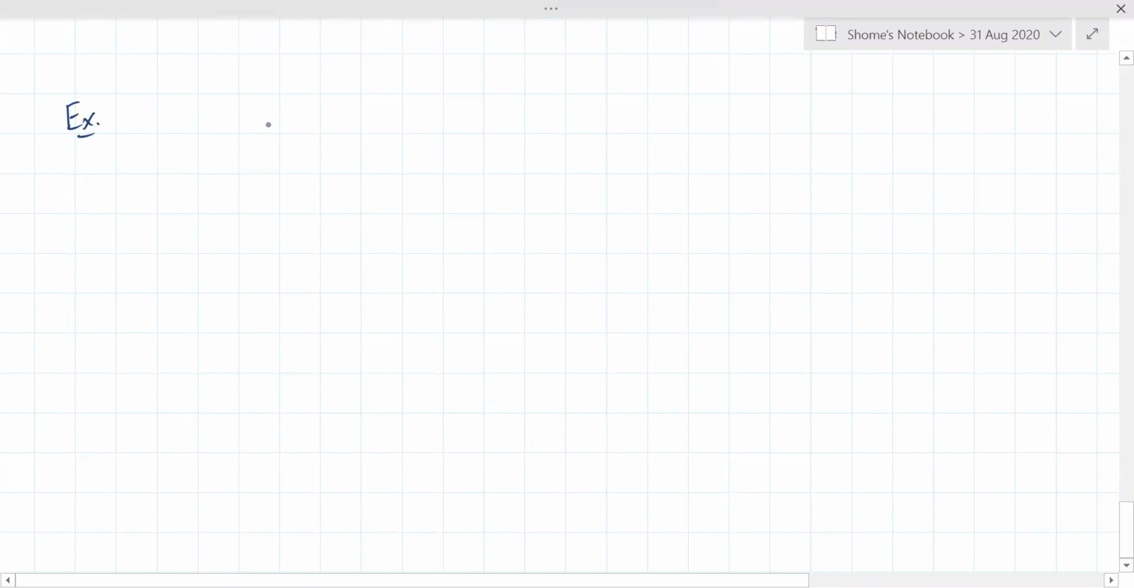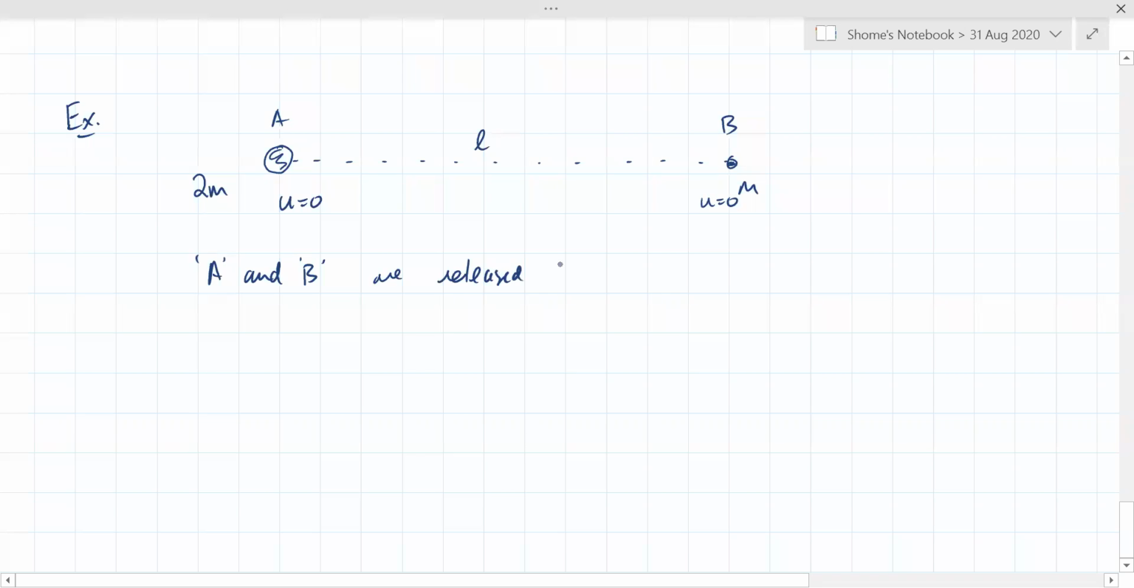Now, for example, we have this situation that we have two particles, A and B, which are of mass 2m and m. And initially the distance between them is L, and their speed is 0. So A and B are released from rest